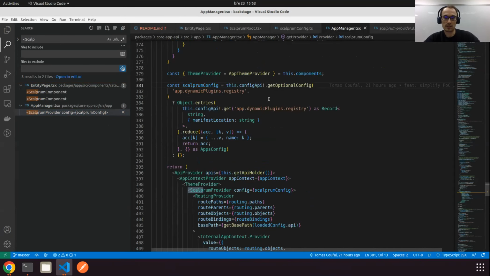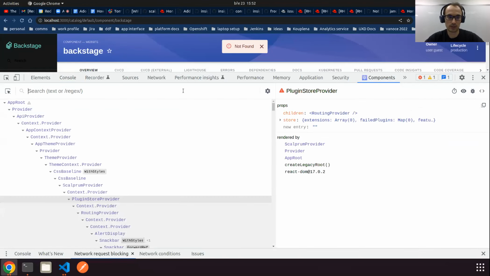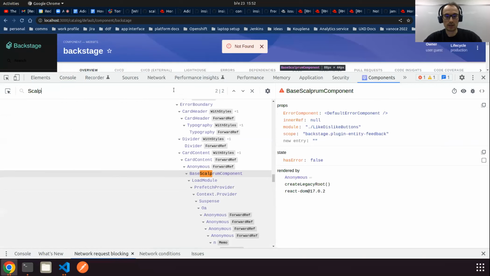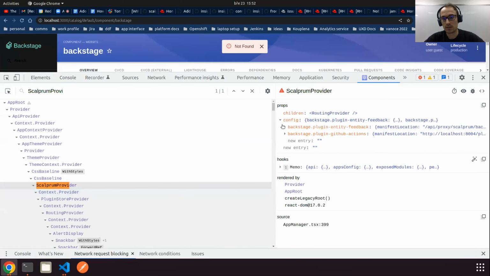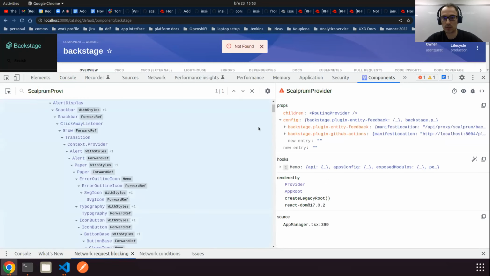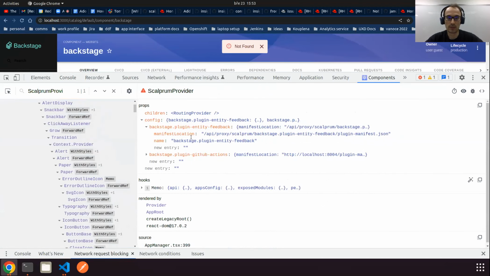It's not shown nicely here, but essentially, if we look at the raw structure, it's a JSON object which acts as a registry for the plugins themselves. And how it looks, it's a very simple structure. You have to give it some name, and you have to give it a manifest location. The manifest location is the entry into the